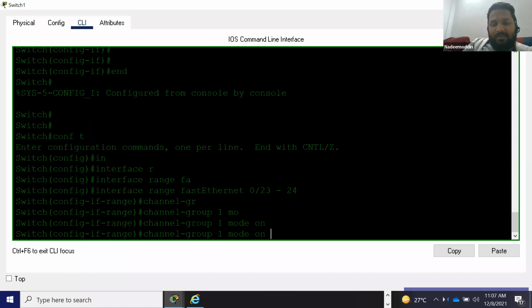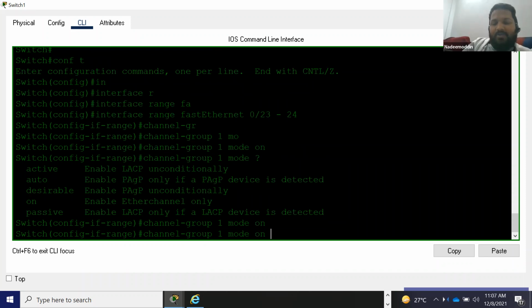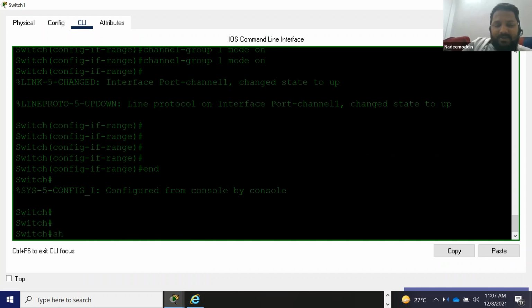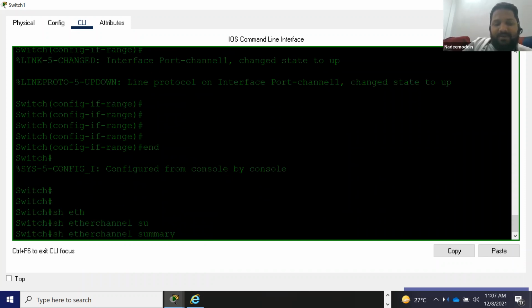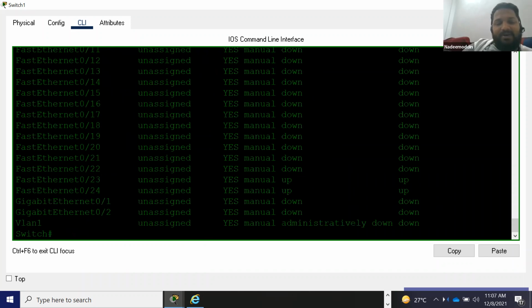See, there are some modes: active, auto, desired, on, and passive. So I'm using on mode. Done. Now go back and check show etherchannel summary. Now can you see here? They are up, they're in the port channel. But if you go here, show ip interface brief, you will see one logical port also. Where is the logical port?